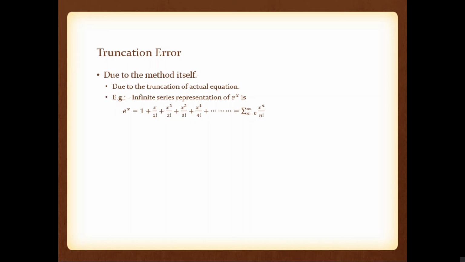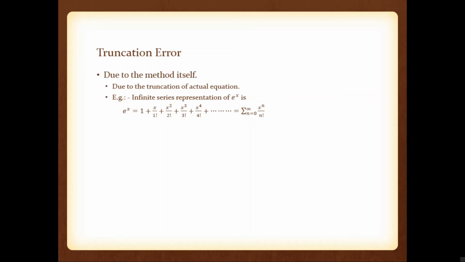If we are accepting an inaccuracy up to 0.001, that is 10 raised to minus 3, then we can use, I think, x raised to 5, because the term is x raised to 5 divided by 5 factorial. What is 5 factorial? 1 into 2 into 3 into 4 into 5, that is something around 1000 or 2000. So 1 by 1000 or 10,000, its value is something around 10 raised to minus 3 or 10 raised to minus 4. So if you are removing the remaining terms, the value removed from the answer is around 0.0001, that level. So inaccuracy decreases if you include more and more terms.